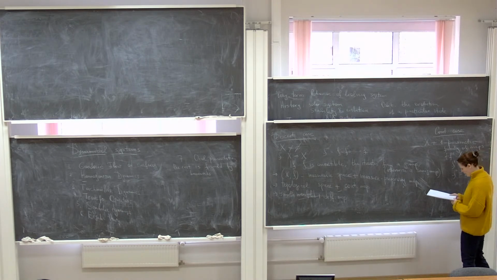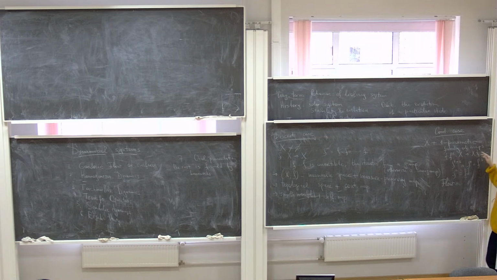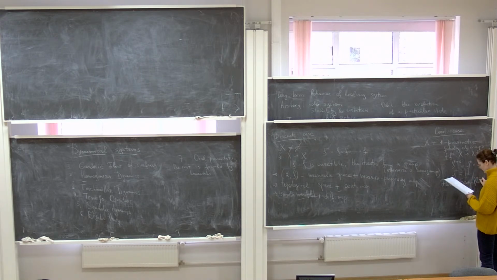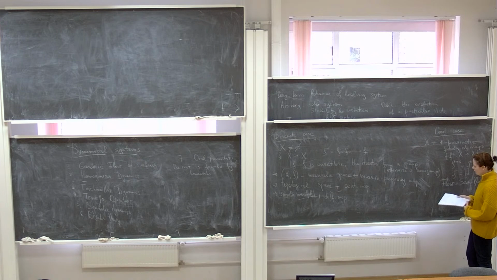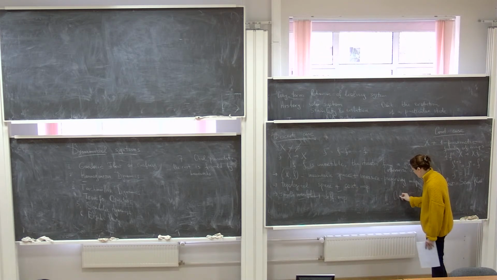So we may define the flow, and depending on whether our time is running only to the future or also to the past, it can be a flow or a semi-flow. And then we still have the same notions in both cases of the orbits, periodicity,